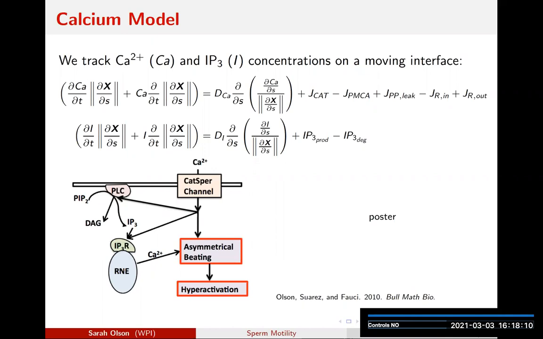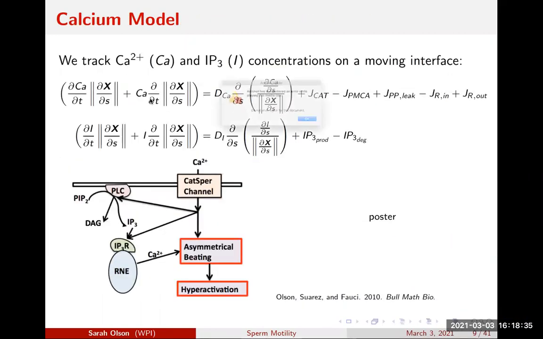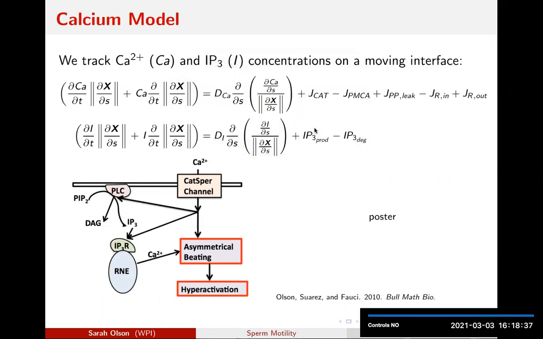But at the end of the day, we can track this calcium concentration, and instead of looking like a standard diffusion equation or reaction diffusion equation, there's a little bit of extra intricacies, mainly due to the fact that this is a moving interface and we want to ensure mass conservation and other things. So we can track calcium, and then this time-dependent calcium is going to feed into the